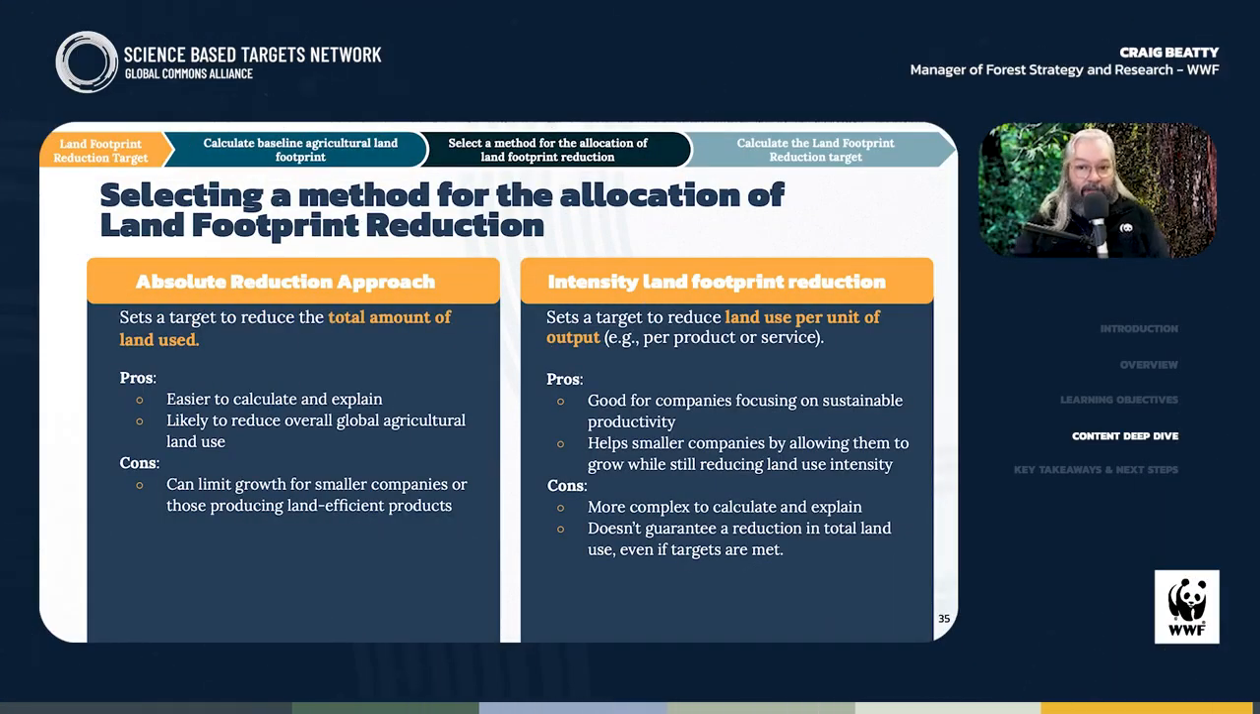Back to the methods. To set a land footprint reduction target, companies have two options, each having their own benefits and drawbacks, and therefore you should choose the one that best fits your company's needs and goals. The absolute reduction approach sets a target to reduce the total amount of land used. This target is easier to calculate and communicate and can more effectively lead to the reduction of overall global agricultural land use. On the other hand, absolute reduction in land use can limit growth,